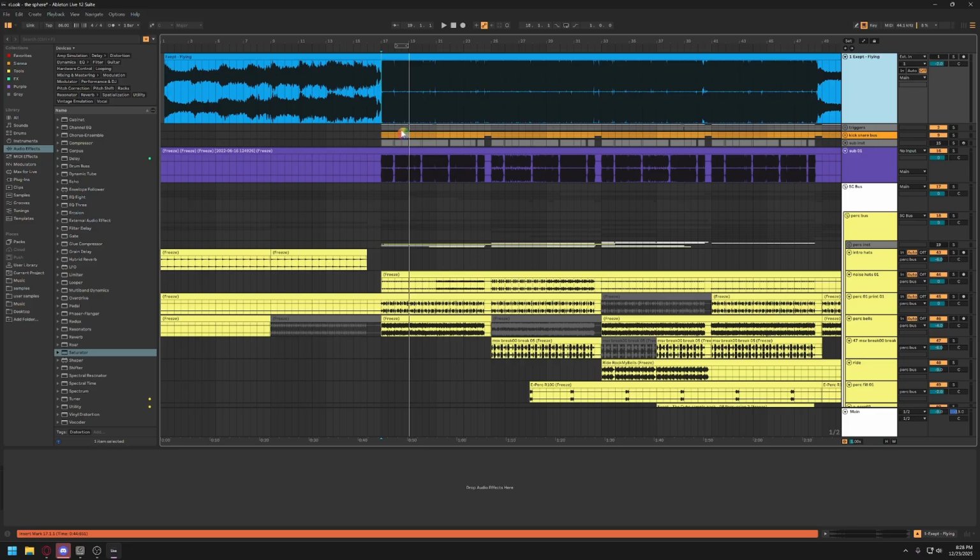But the thing is, your room and your speaker setup or your headphones, it's doing that to your music and it's doing the same thing to the reference track. So that's where the reference track is your guide to making those mixing decisions, because say the acoustics in your room are terrible. Well, they'll do the same thing to your reference track, so you can trust that the reference track is having the same effects done to the sound as your track,